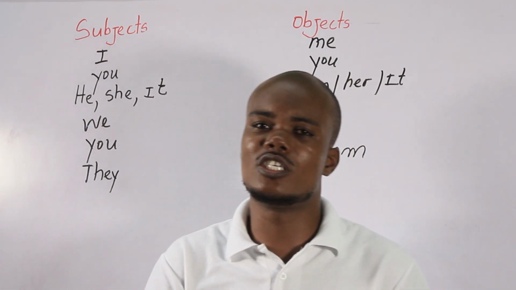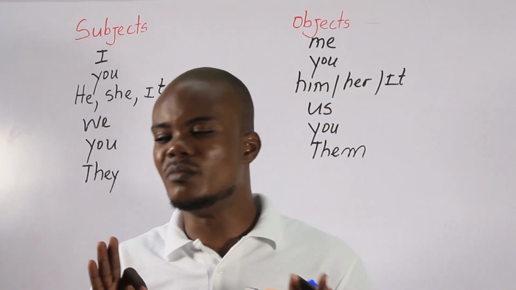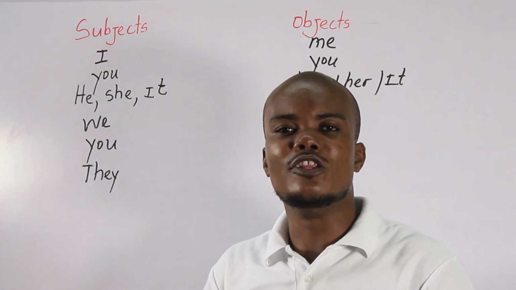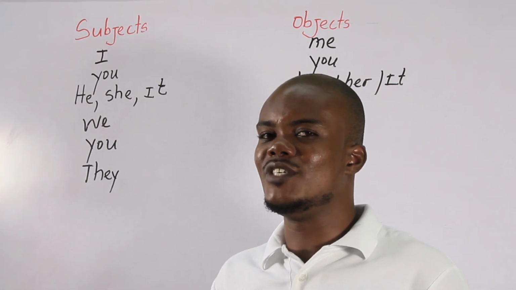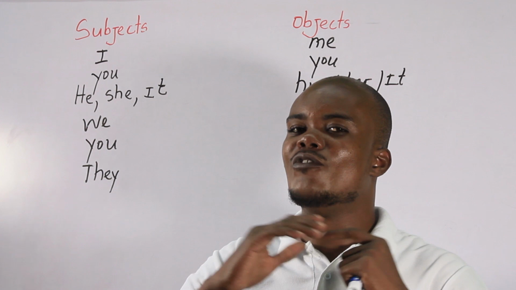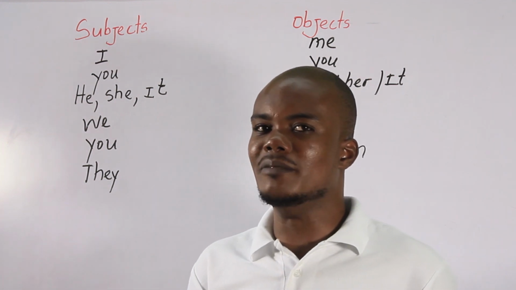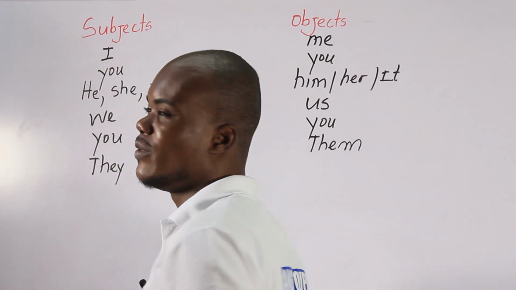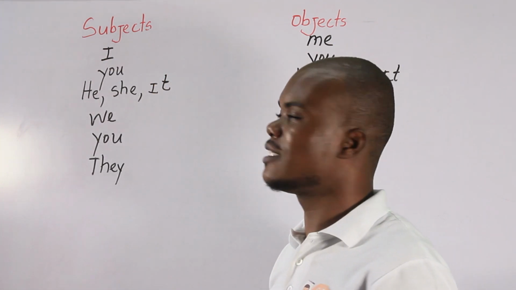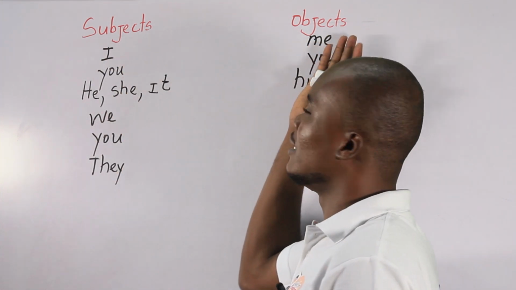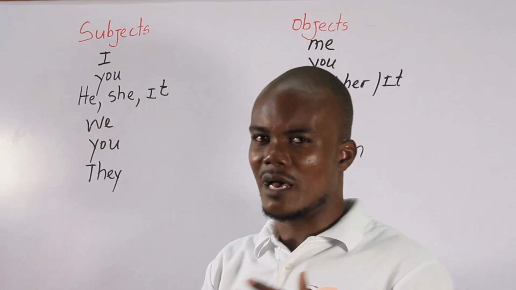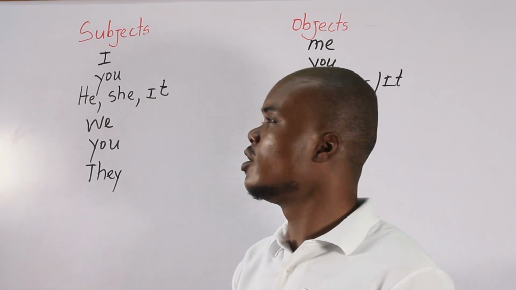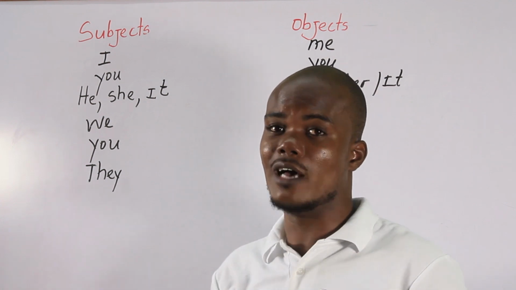Listen to me carefully because you're going to learn new things in this video and avoid having problems. So, you and I or you and me. Before that, we have to go over the subjects and then the objects. I mean personal pronouns and object pronouns.